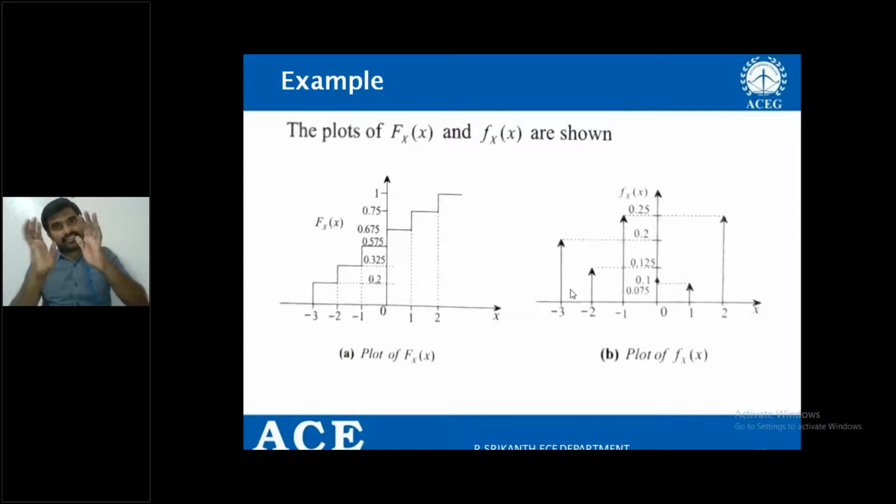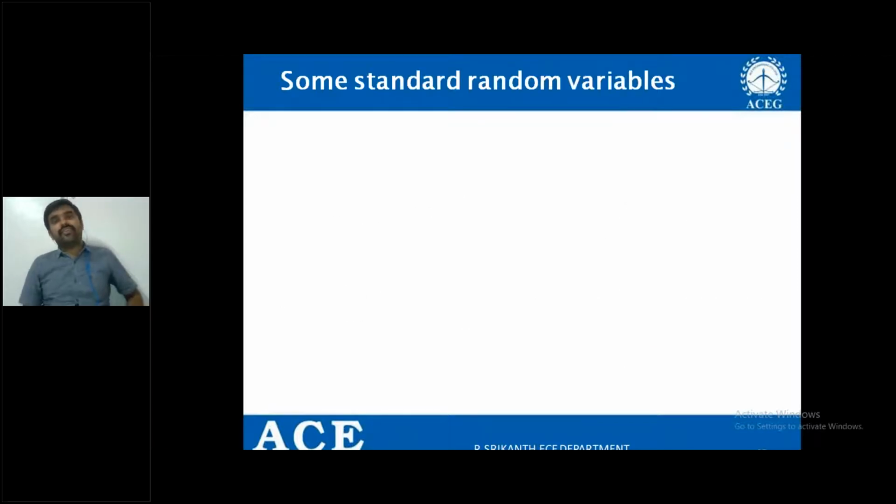So to analyze such models, you need to define the random variable by taking all the outcomes. And after taking the random variable, you are supposed to represent either distribution function or density function. So by knowing the distribution and density function, you can find the probabilities which are required for the analysis, right? So now, let us move on to some standard random variables.